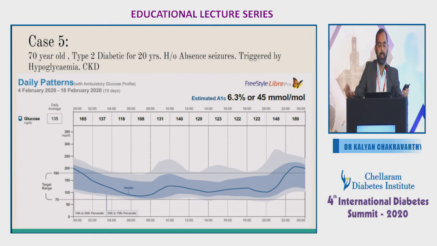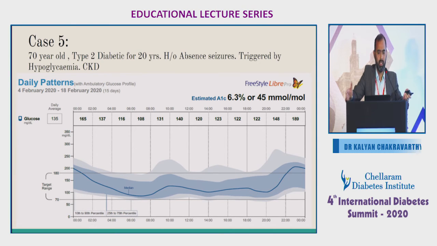Last case, a 70-year-old male. This is the other box, the high-risk type 2 diabetics. What are high-risk type 2 diabetics? Patients who have fear of hypoglycemia or already have hypoglycemia, already have seizures, or established end organ complications. So you don't want really tight control. The time in range target specifies that 50% of values are enough for these patients.